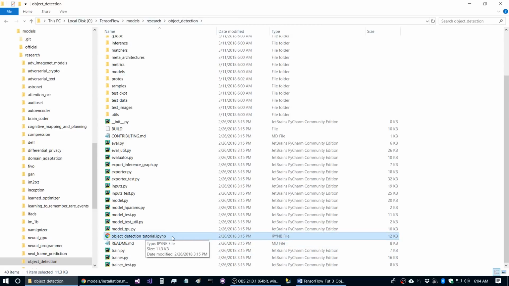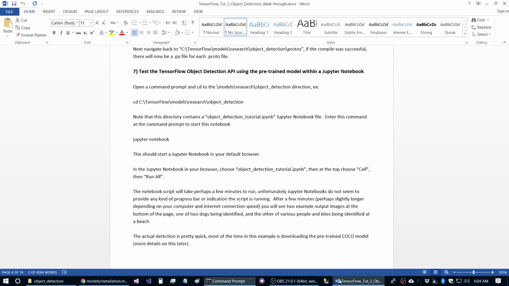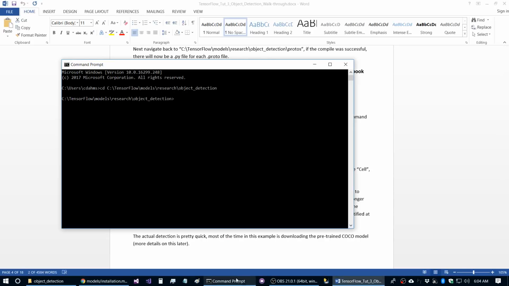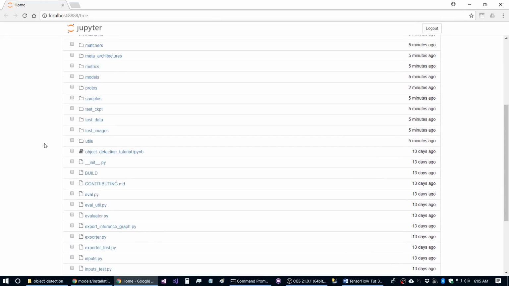This, for those not familiar, is a Jupyter notebook. So if we cd to that in a command prompt, and then we enter this command here, jupyter notebook, that will bring up that file in the Jupyter notebook format here in the browser for us. And Jupyter notebooks are kind of popular at the moment. I still prefer a traditional Python editor, especially PyCharm, which makes writing Python programs very user-friendly,